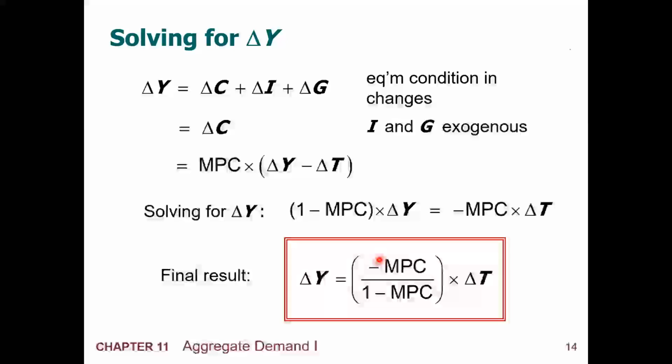Right? So if investment and government spending are exogenous, outside the model, then the change in output has to be a result of the change in consumption. But remember that the amount we consume as consumers depends on the marginal propensity to consume. And remember, consumption is a function of output and tax, right? So the change in consumption has to be equal to the marginal propensity to consume,